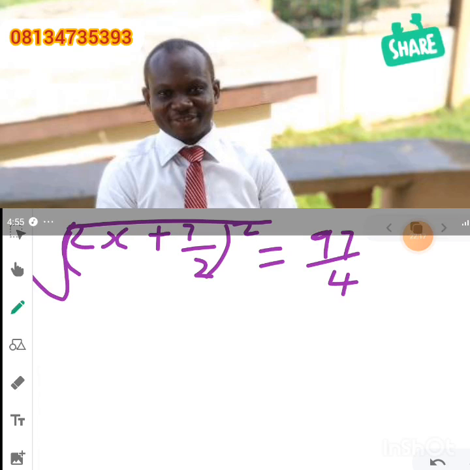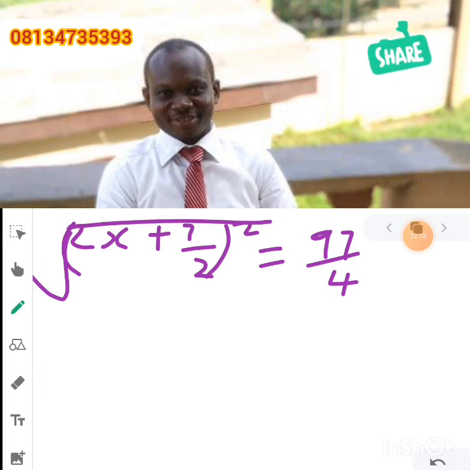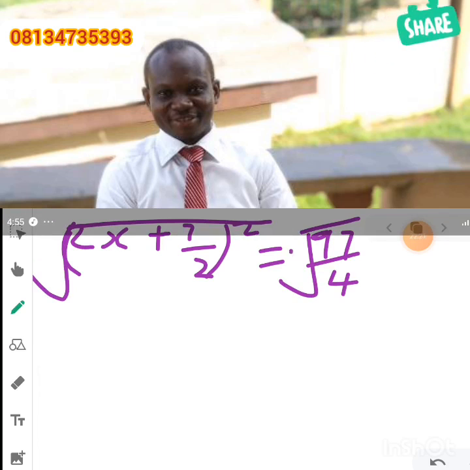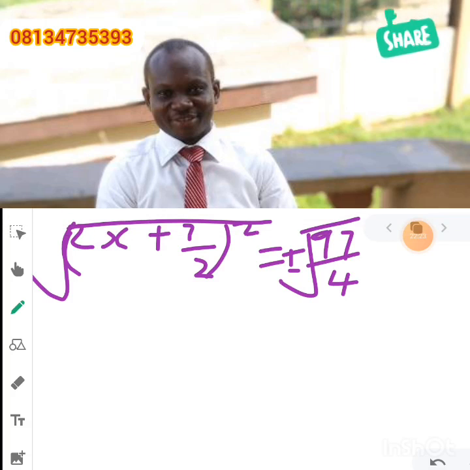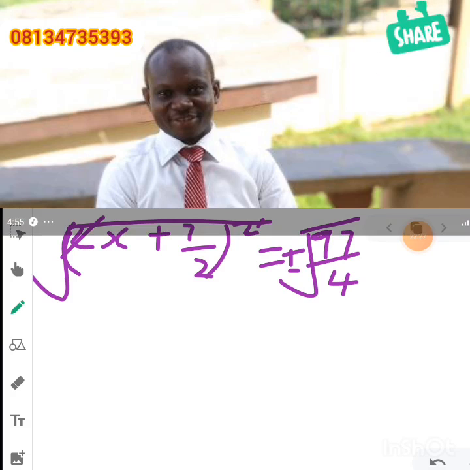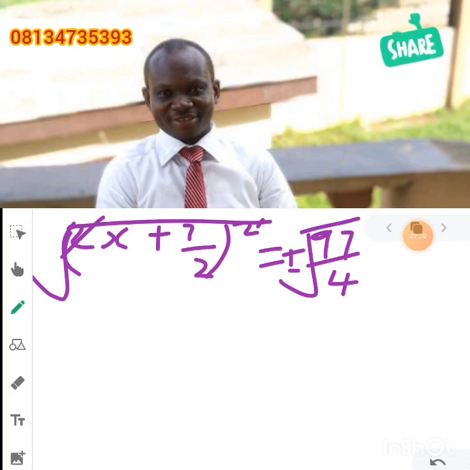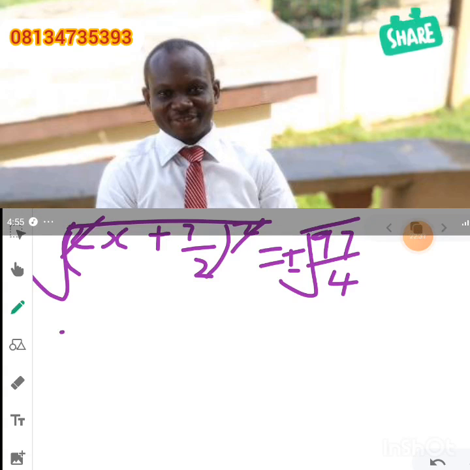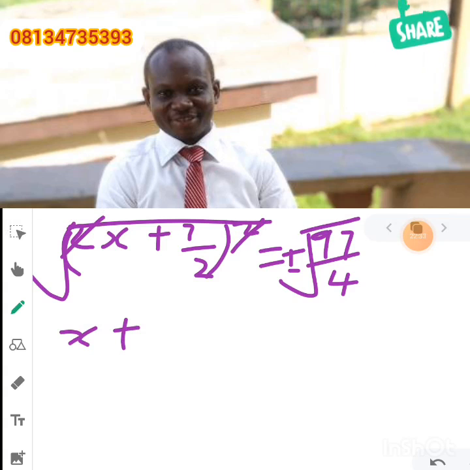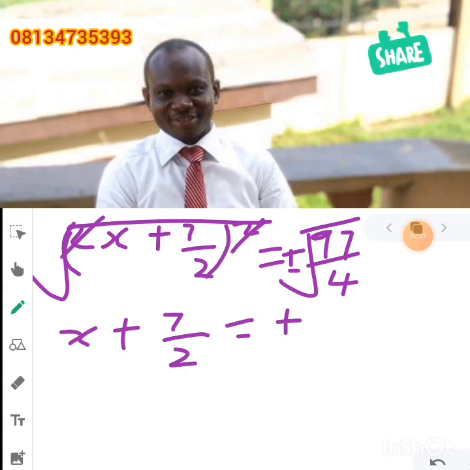Square root. Then we have plus or minus, don't forget that. So when you have done that, square will definitely cancel square root here. So we have x plus 7 over 2 equals plus or minus square root of